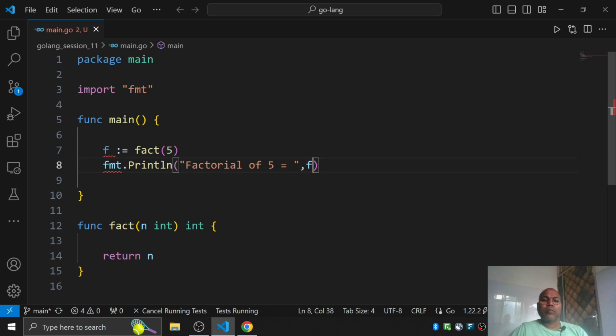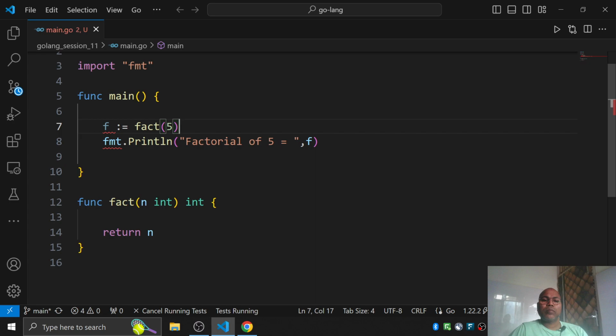Okay, so what happened here? You have just a simple function, this is not factorial yet, this is a function, you are just calling it and returning this. Okay,